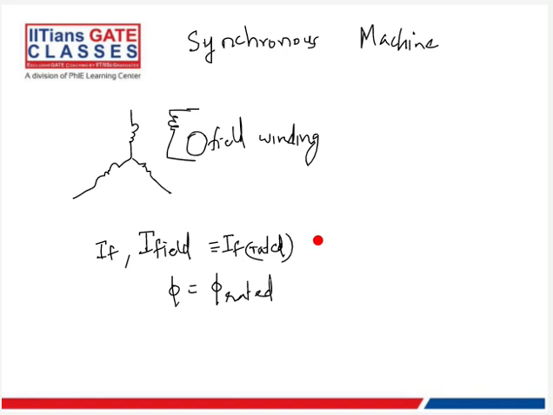This is called normal excitation. So basically, the system requires this much amount of flux, right? And the current corresponding to that is I_F rated, right? And if the field current in the system is I_F rated, then this is called normal excitation,